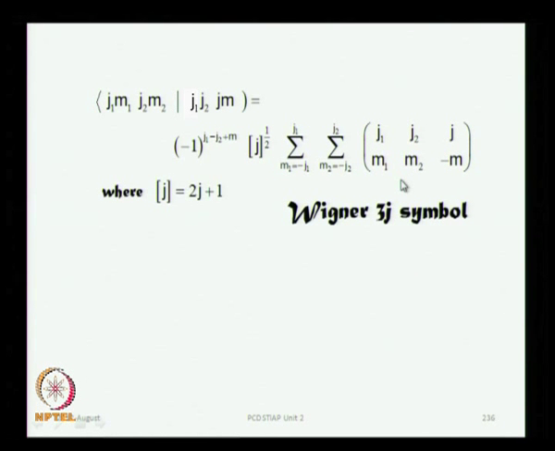Okay, the two angular momenta j1 m1 and j2 m2 couple to give you jm, but in the Wigner 3j the index here is minus m, so that the sum of these three m indices vanishes. So there is some advantage in having a notation of this kind. This is called a Wigner 3j symbol, and depending on how complex the angular momentum algebra gets, sometimes you